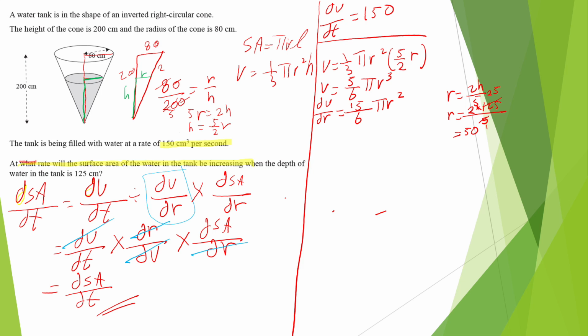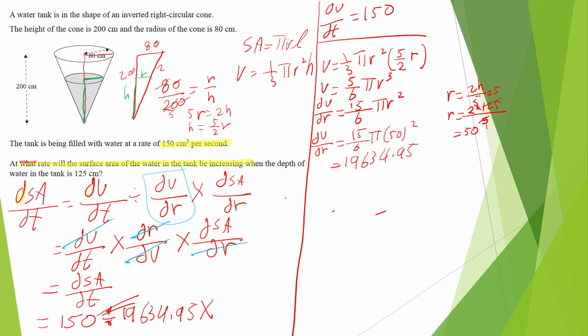Now I can substitute that in here. So dV over dr equals 15 over 6 pi and 50 squared. And that value will give you 19,634.95. Okay, so I'm just going to put it in here. dV over dt is 150, divided by dV over dr, which is this one here,